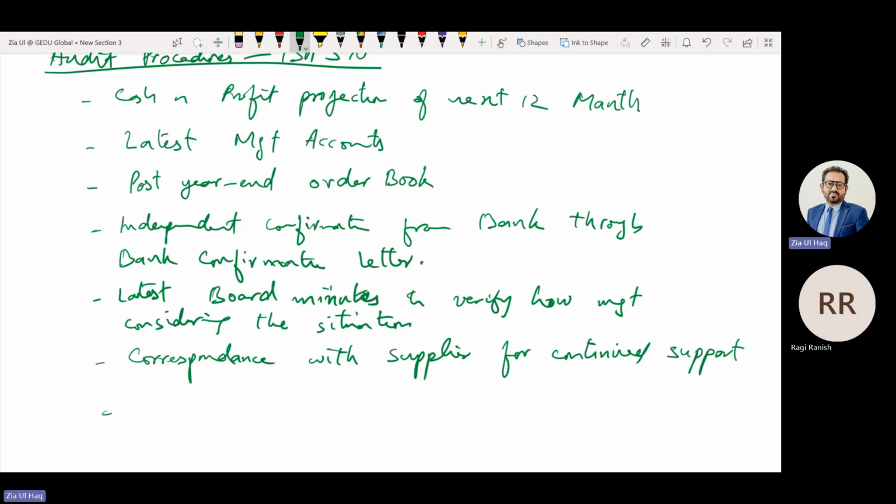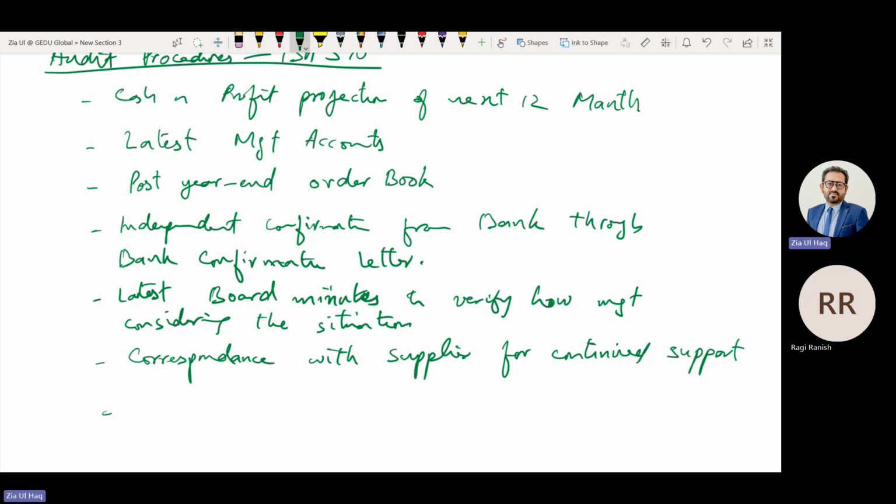If this company is a subsidiary of a parent company, and we are conducting the audit of the subsidiary, and there are some issues in the subsidiary, we discuss with management and they say, no, we will get support from the parent company, we are a going concern.